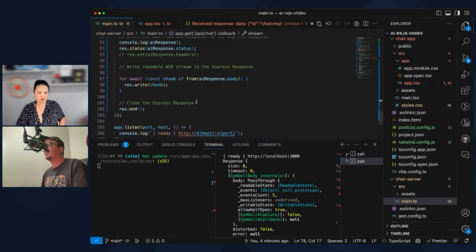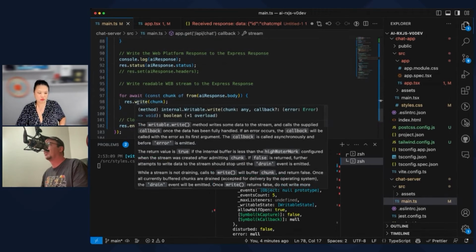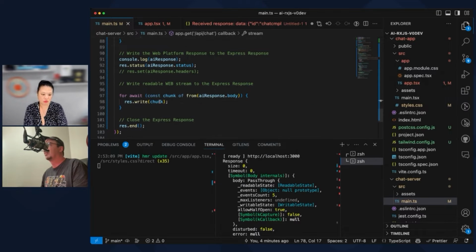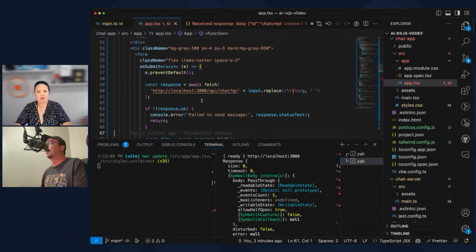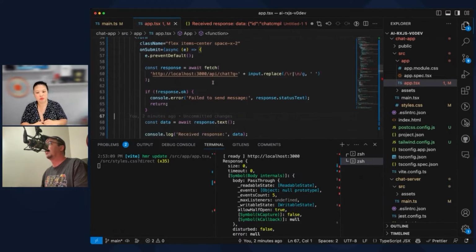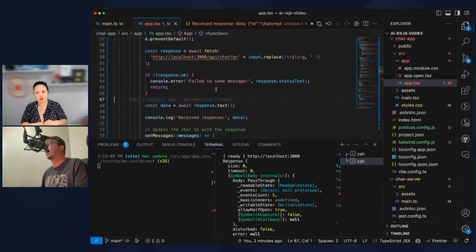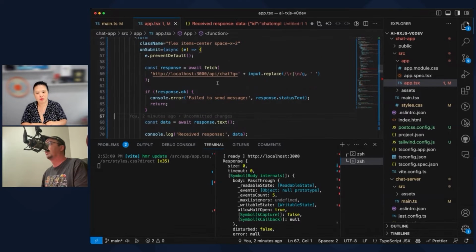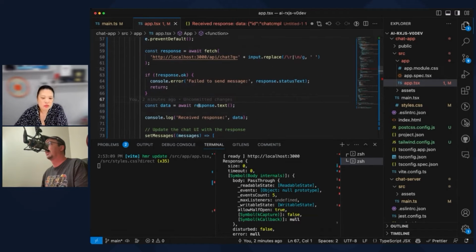Interesting. I don't know if these individual things are coming through or what. Let's see, fetch API, so cool, but also not. What happens if right here on submit?